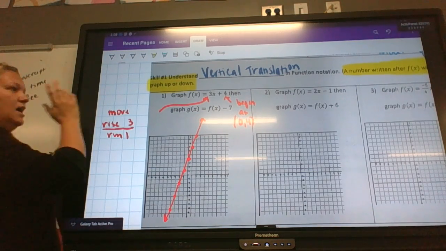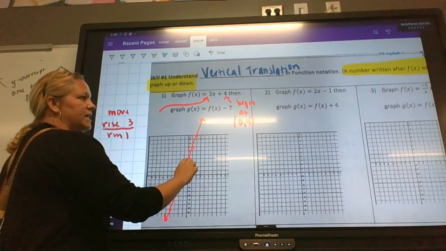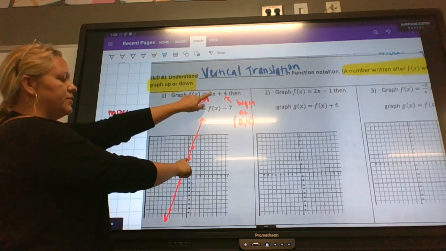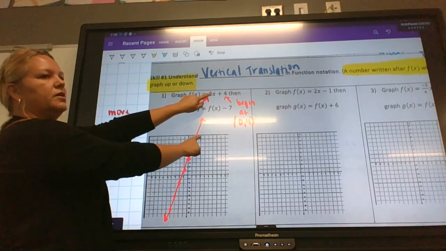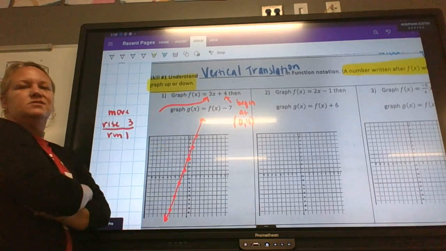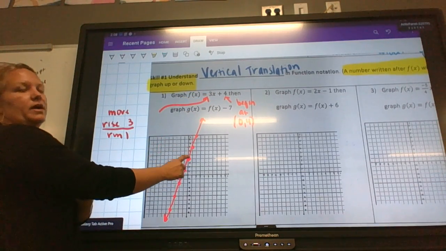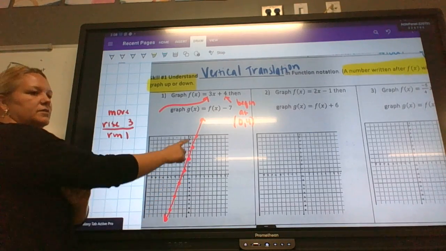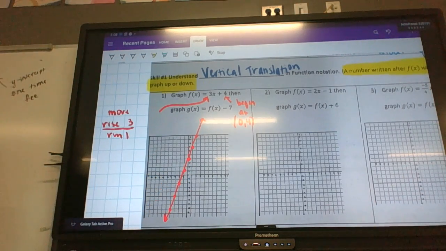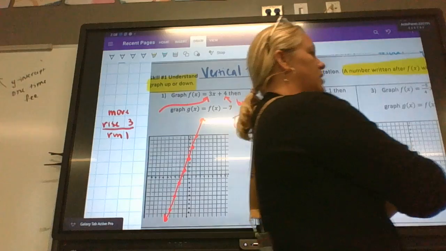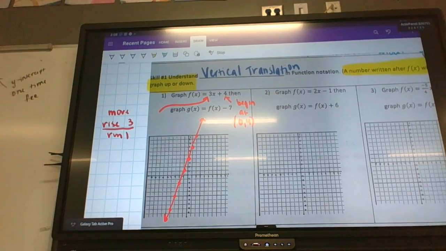So I'm gonna start up 4, but then my movement is up 3 over 1. Start up 4, up 3 over 1. And then go the other way. Down 3, left 1. Make a whole line of a rise over run is 3, starting at the number 4. It's like 4 is the initial cost, and then it's increasing with